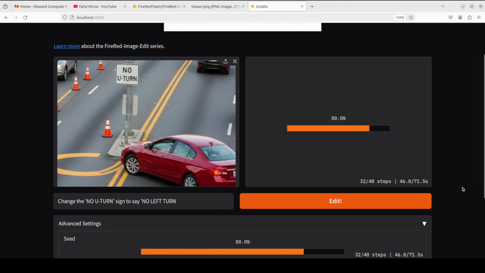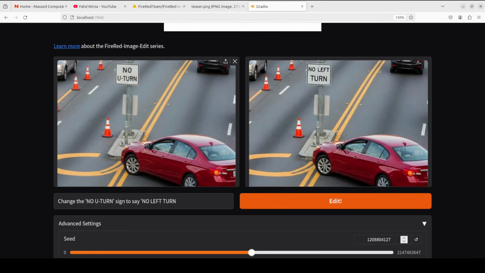Okay, so it's almost there. It takes around a minute or so. And the model has nailed it. As you can see, no U-turn was accurately replaced with no left turn in the correct sign font, which I was really surprised by. Even the font, layout, style, everything is good. And the rest of it, including car, cones, markings, and even the pole, remained completely untouched. And this is really good. I mean, I was thinking maybe it is going to just